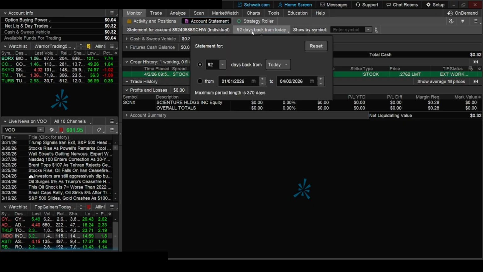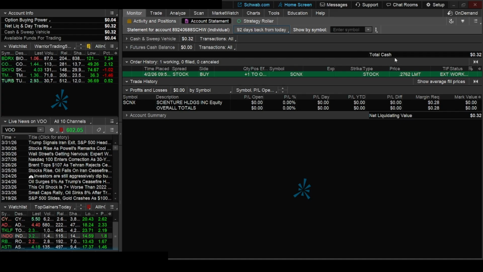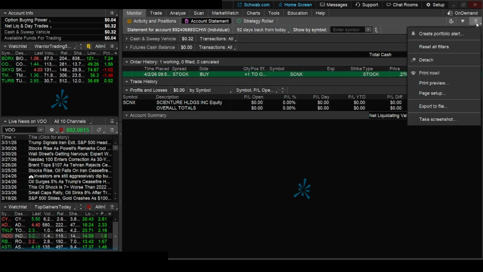So to get more detailed information, consider exporting your data or using the Account Statement feature. This will provide you with a thorough analysis of your trading activity, including realized gains and losses. By regularly reviewing these figures, you can refine your trading strategies and make